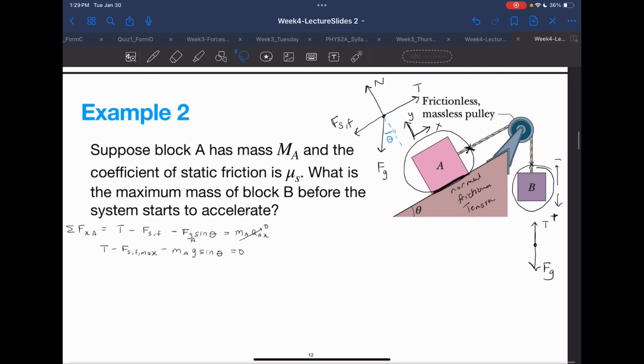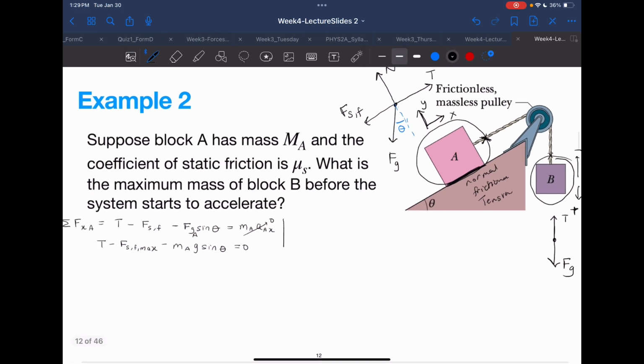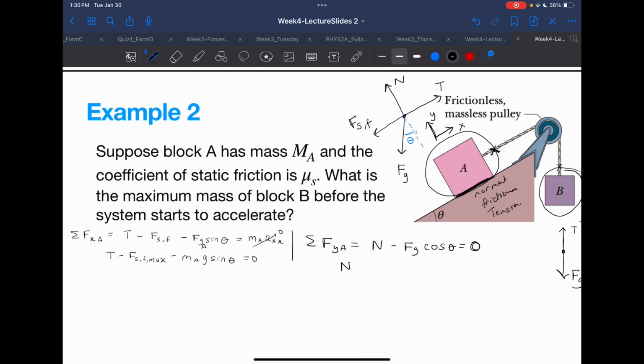Now let's take the sum of the forces in the y direction for block A. So the sum of the forces in the y direction for block A is equal to, we have the normal force pointing upward in the slanted coordinate system, and we have minus Fg cosine theta pointing downward, and since this block is not jumping off the ramp, the acceleration in the y direction is 0. So this essentially just tells us